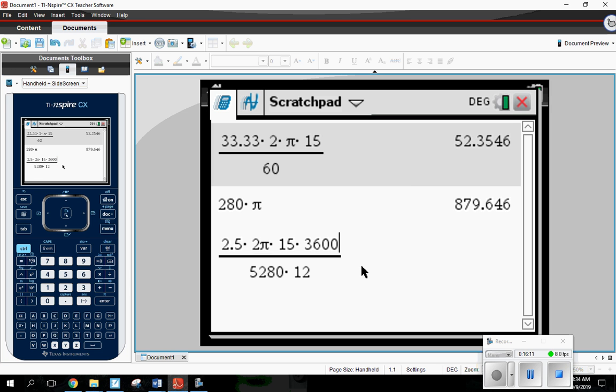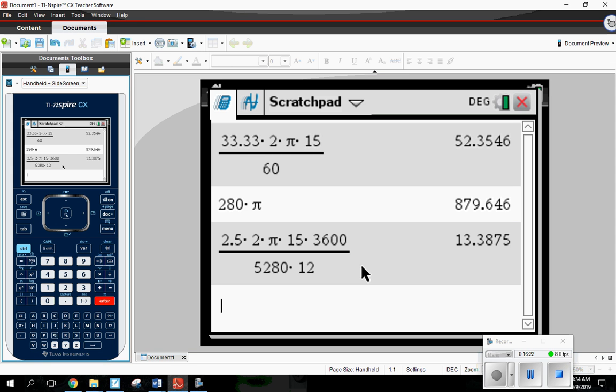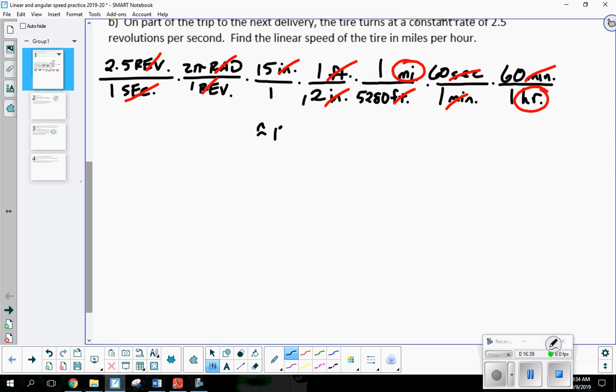So what am I getting when I push enter? How fast in miles per hour is he traveling? 1.34? Oh, we're a little off. 13.4. 13.4 is what I got. Connor, did we just type something in wrong? Okay. So about 13.4 miles per hour. There we go. Any questions? Is anybody having a hard time? Anybody not seeing where I'm getting these values from?